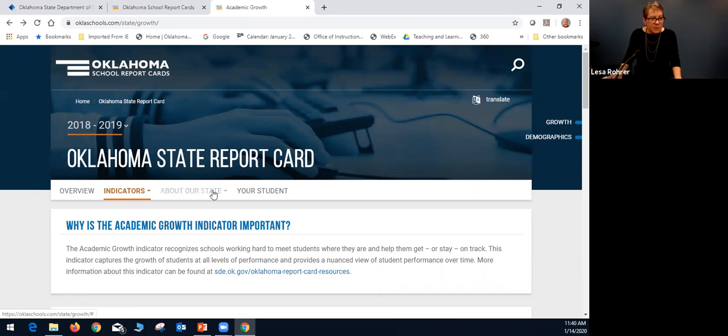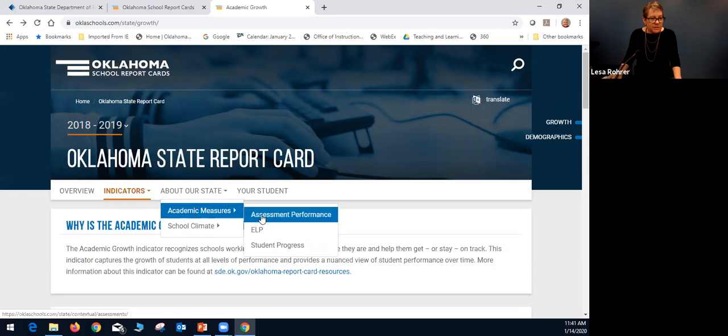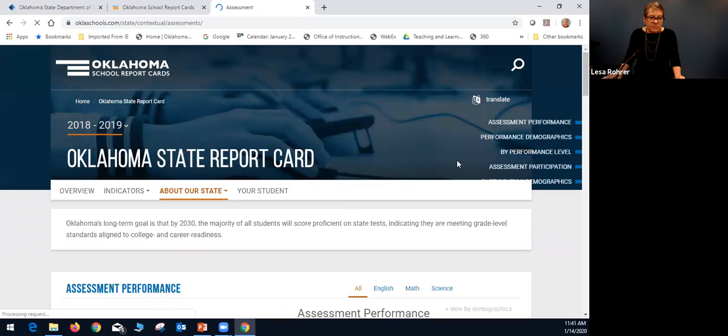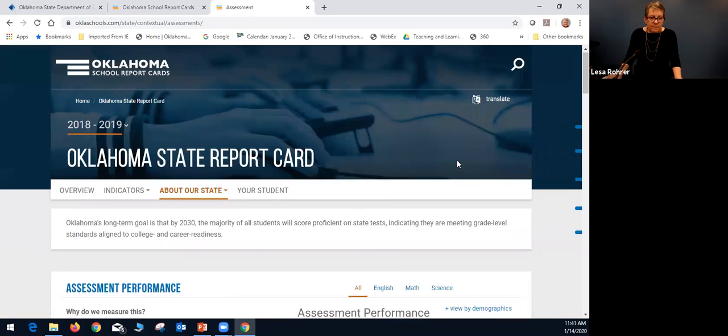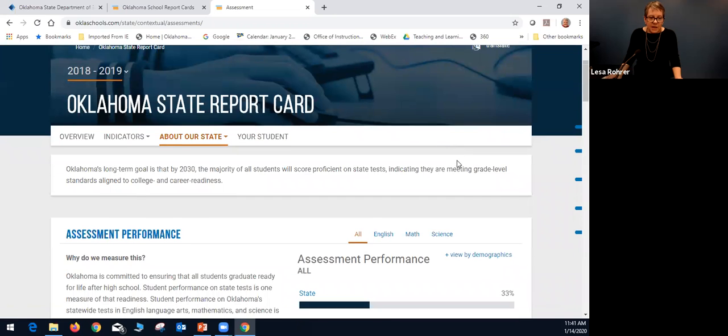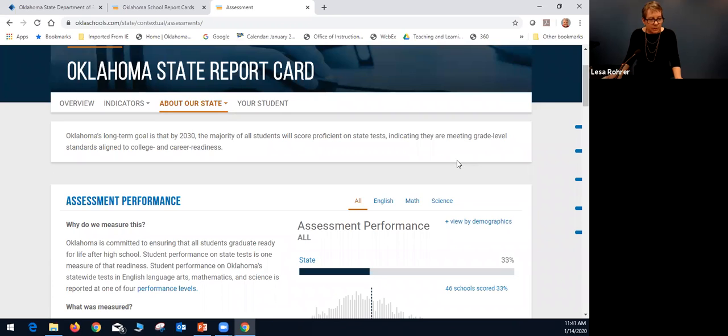Something that has been added that we wanted to showcase as well is contextual information. Contextual information is federally required to be part of our report card, and this includes FAE and NFAE students. So whereas the indicators on the report card are only those full academic year students, this is including all of the students. When we go to assessment performance and academic measures, we have ALPA and we have student progress. So what you'll see here is something that mirrors the indicator, but this is laid out a little differently and it includes a little different information. So let's take a look.